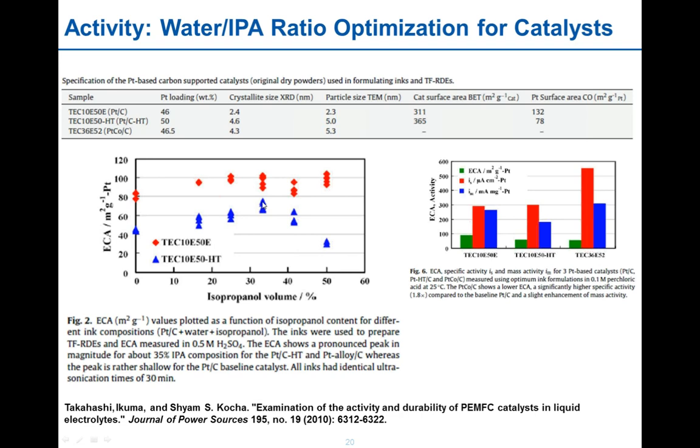where you're going to get the highest platinum surface area. So it is important to spend a little bit of time optimizing your ink formulation when you're testing your catalyst, because you might not necessarily get the true platinum surface area, and it's important to spend time looking at that. And again, on the next slide,